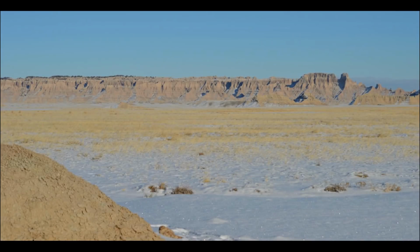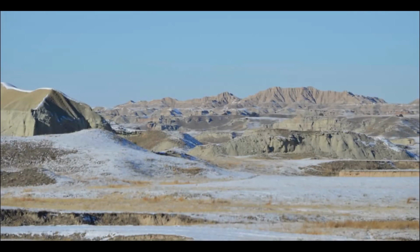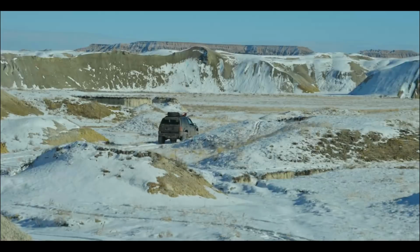Here's a couple formations that are close to the roads that you'll be traveling. This happens to be Bigfoot Trail that we're on here. As you can see from these pictures, it's fairly easy to spot the roads, even though they're not paved. Most of them are dirt two tracks, but they tend to be well used